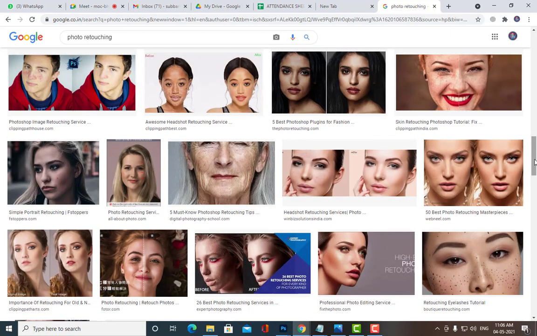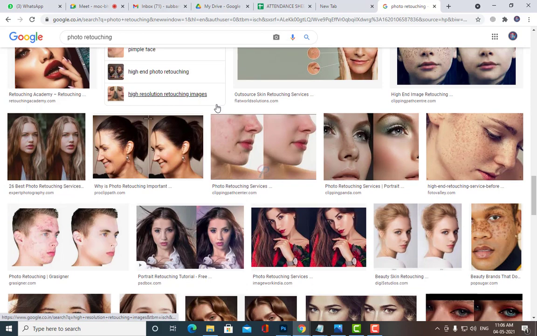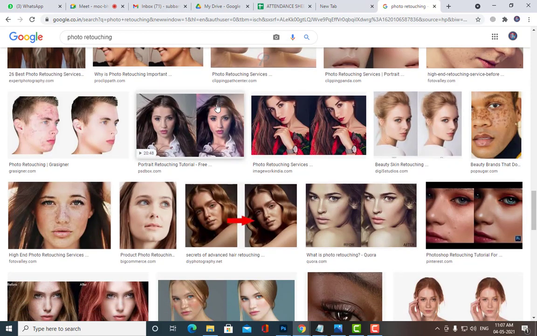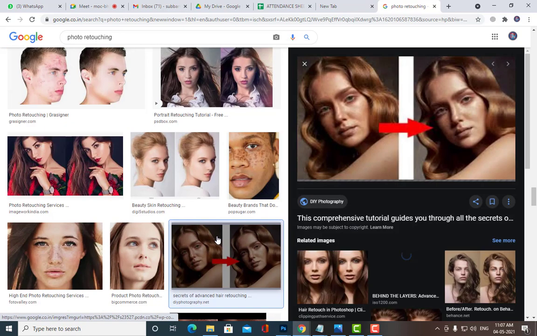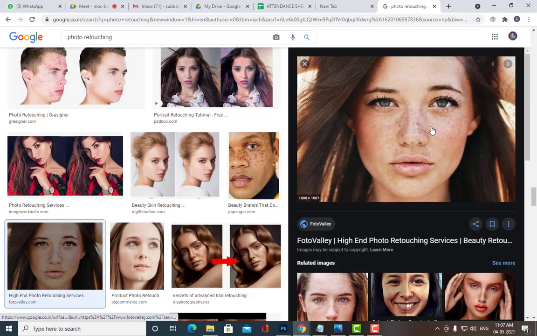I will give you a different image. Something like this, because I want the girl to be a little bit rough, dull face. Okay, this looks nice. Let me give you this.